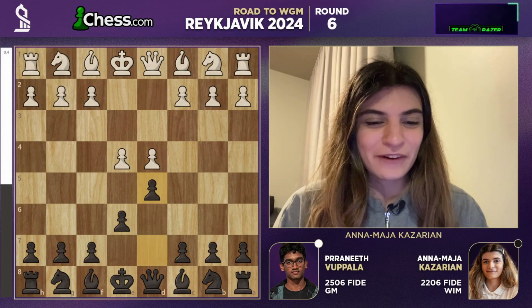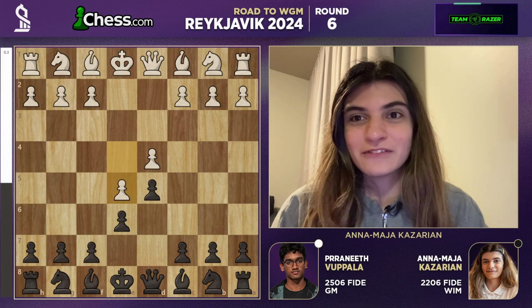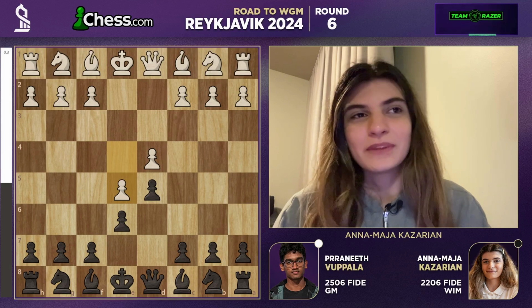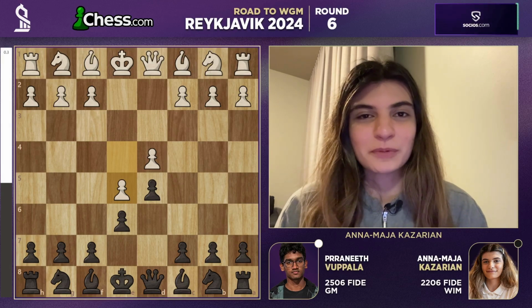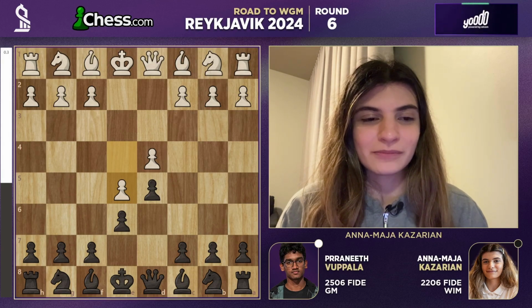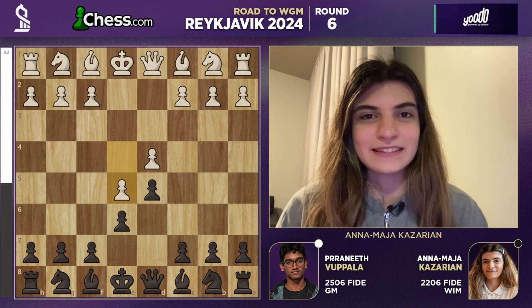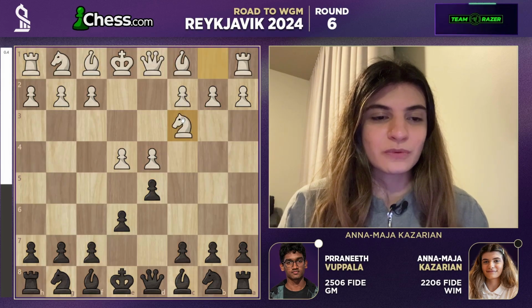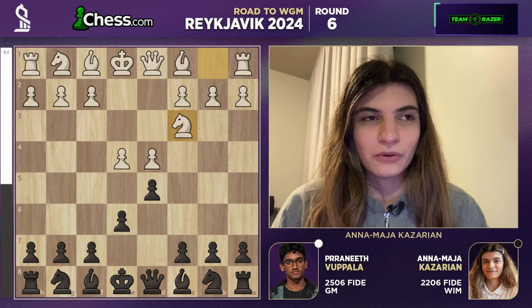So d4, d5. But my opponent plays the advanced variation. And guess what? That's not what I prepared against. Well, to be very honest with you, I did not prepare much. I was simply going by my feelings. Let's see what happens. But I was expecting knight c3, which is what he has played all the time in